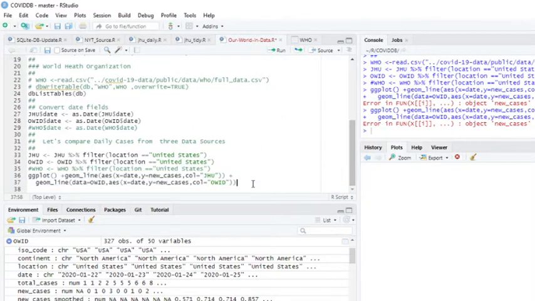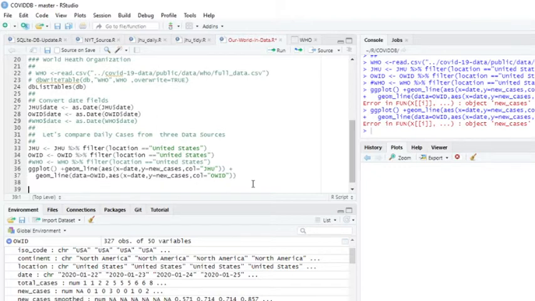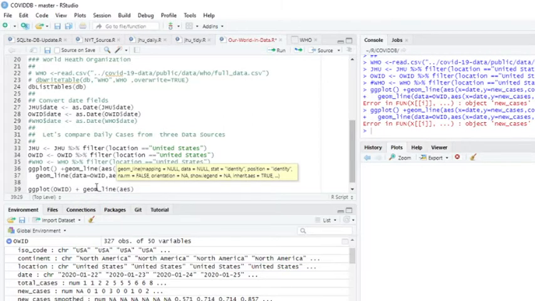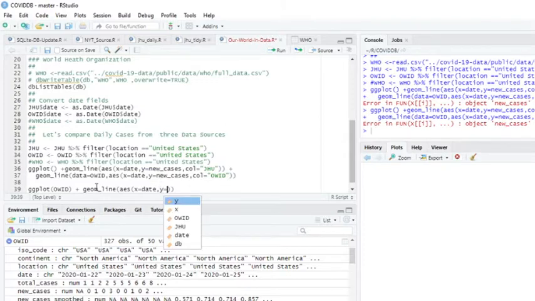Okay, let's come down here. Right? We come over here.